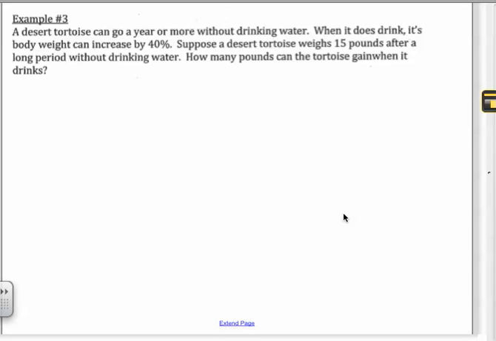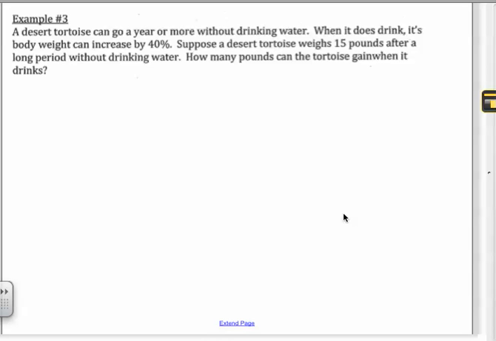Any ideas what we could do here? Find out what's 40% of 15 pounds. Okay, how could I find 40% of 15 pounds? How do I do that, Spencer? Put 15 in a fraction by